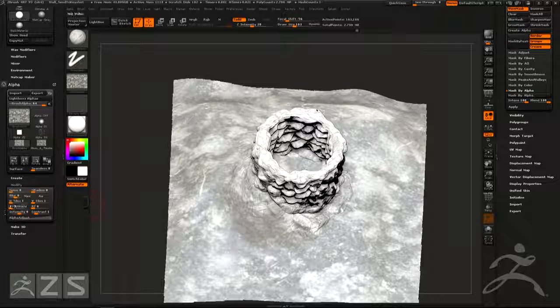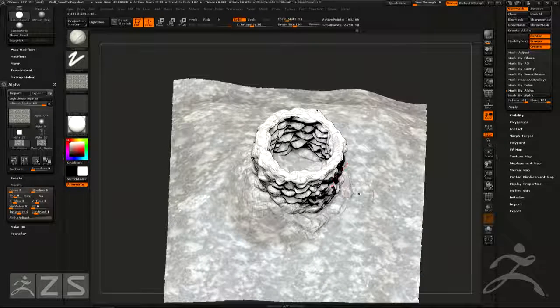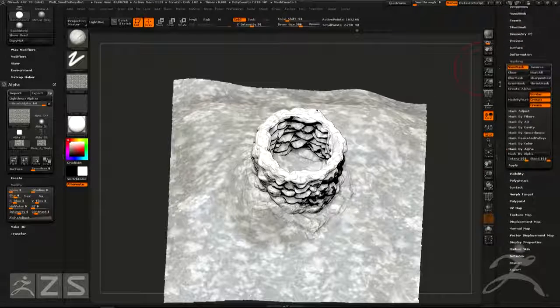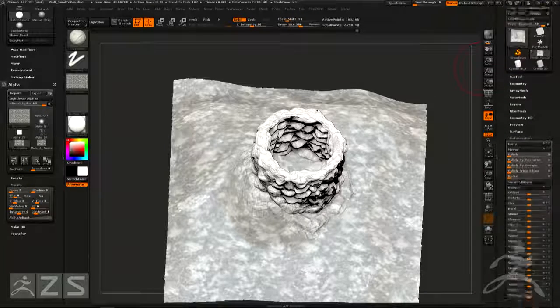So one thing you can do, which is super useful, is just change your H and V tiling. I'll pump this up to like 3 and 3. And let's mask that again. And now we get a little bit higher frequency detail. So if we wanted, we could come through with the brush and do it like this, and you get some interesting information. But just for the sake of a demo, I want to show you another tool that I love to use, which is the inflate